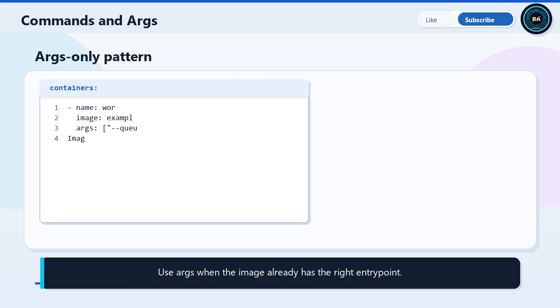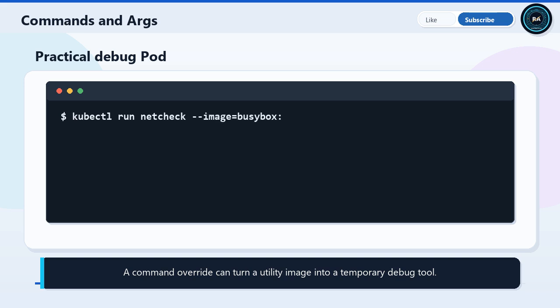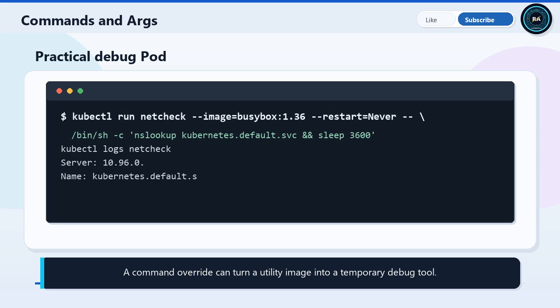Many images are designed with a useful entry point. In that case, set only args to change flags or runtime mode while preserving the image's intended startup command. Set command when you intentionally replace the image entry point. This is common for one-off diagnostics, demo pods, or images that contain multiple tools. For quick diagnostics, command and args make the pod explicit: run a lookup, print environment, or sleep long enough to